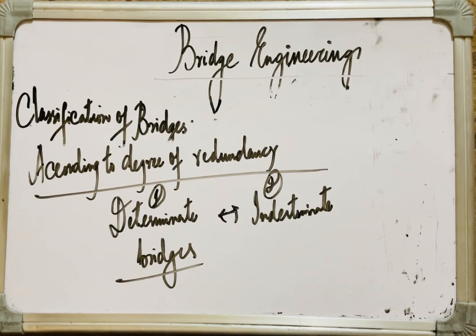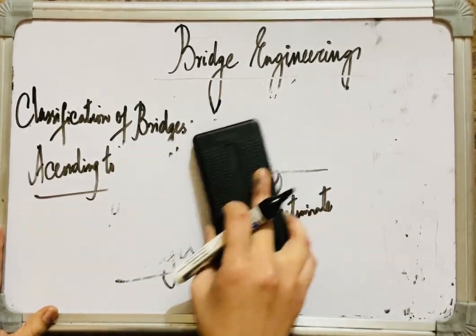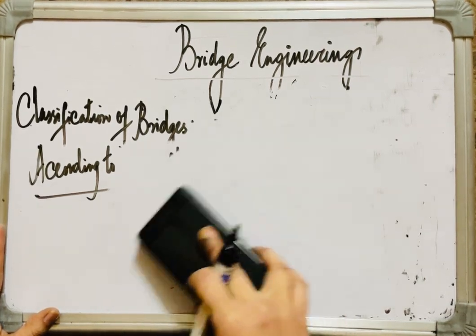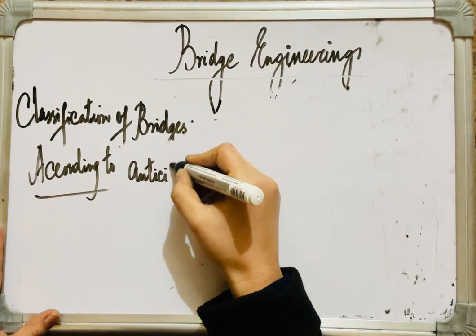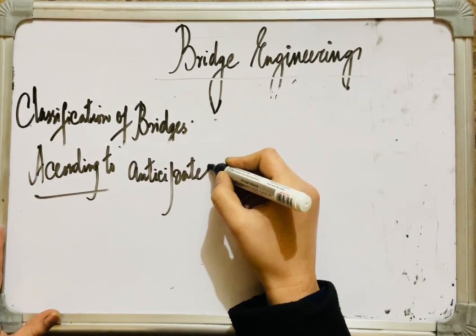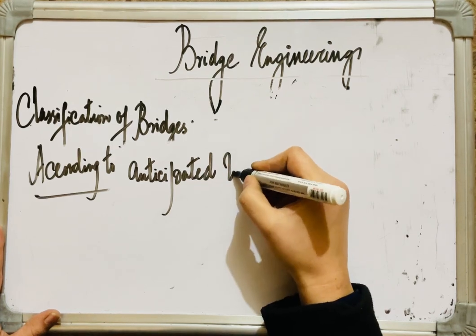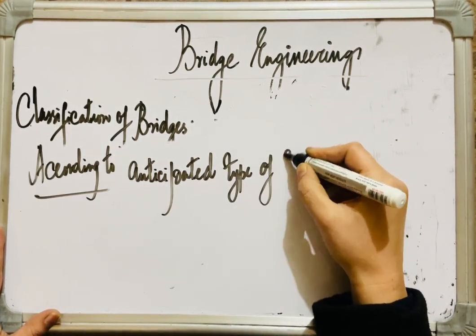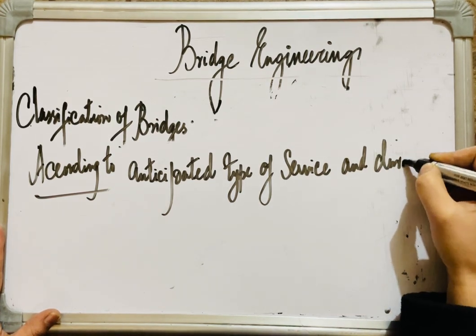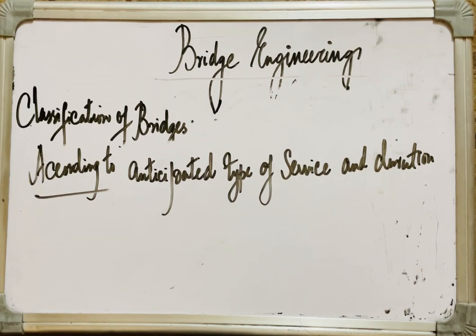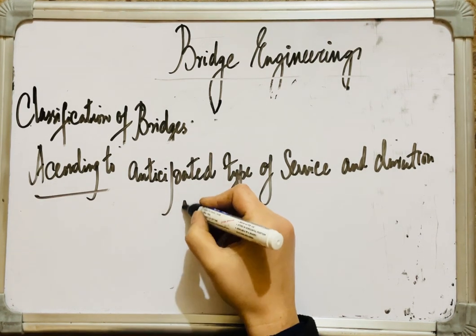All right. The next classification that we are going to study here is according to the anticipated type of service and duration of use. This is a classification based on the anticipated type of service or duration of use. All right, so in the classification based on the anticipated type of the service and the duration of use, we have